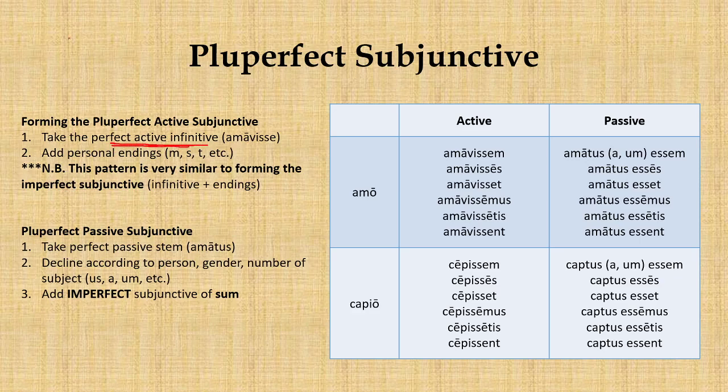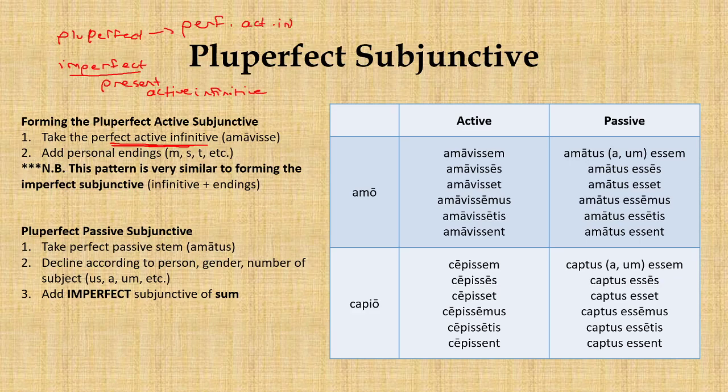And recall that our pluperfect is parallel to our imperfect subjunctive as well. And our imperfect subjunctive is formed off of the present active infinitive. So there's a bit of symmetry there. Our imperfect is present, but our pluperfect is the perfect